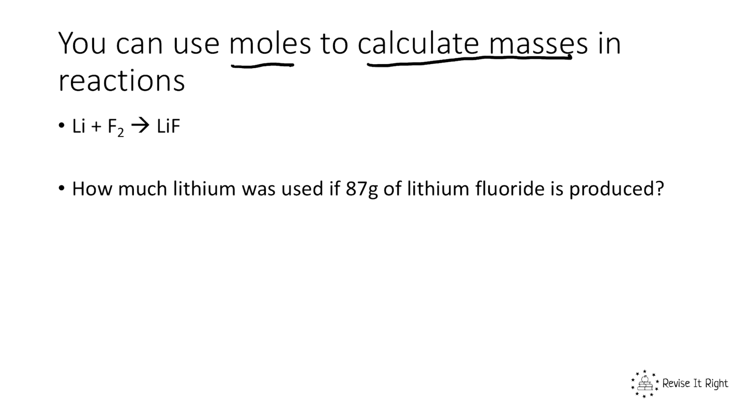Okay, so really this type of question always leads itself from how much of this is produced from this amount of reactants, or how much of this product will you get with this amount of reactants. That's really the two ways they can ask this question. Or how much of this do you need to react with this, for example. So it's all about masses and seeing how much of one mass will give you or you need to react